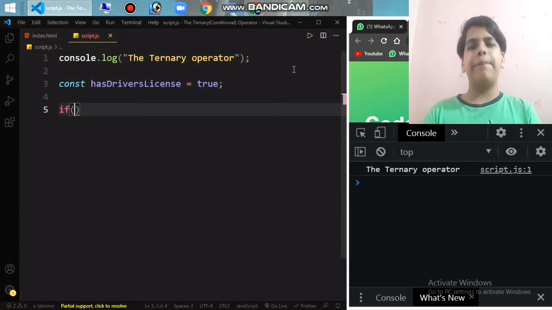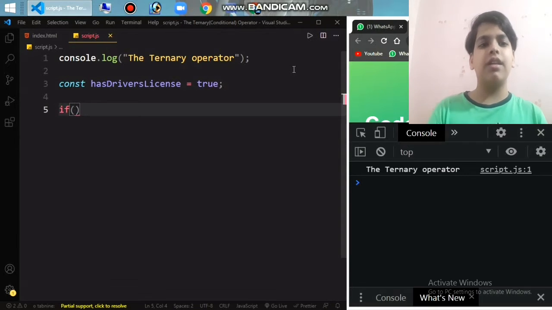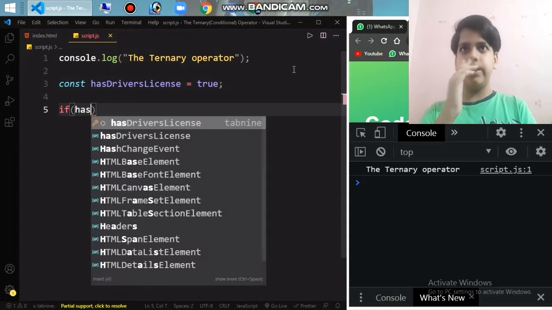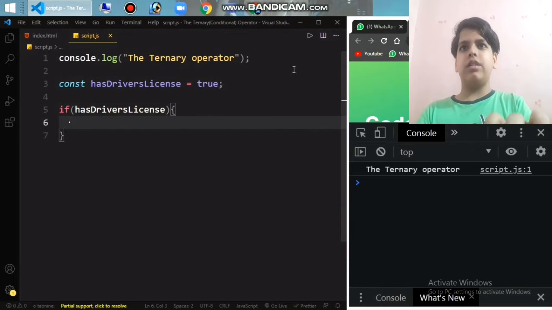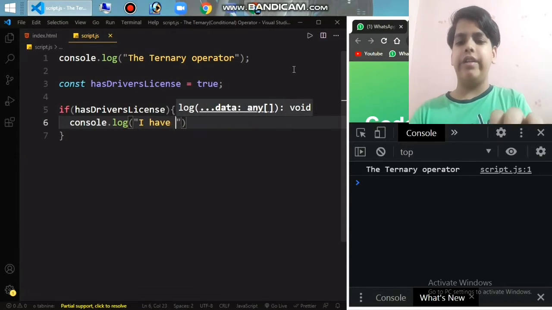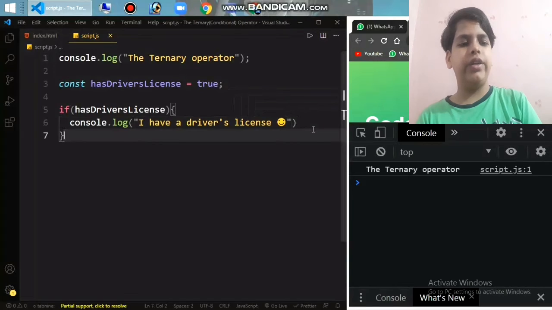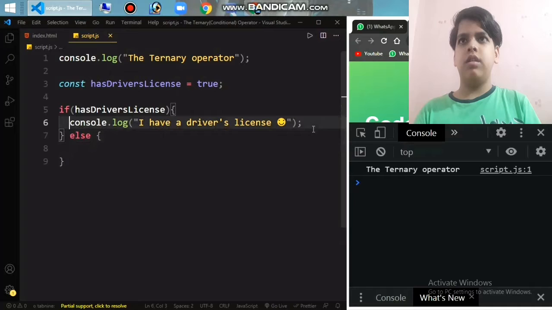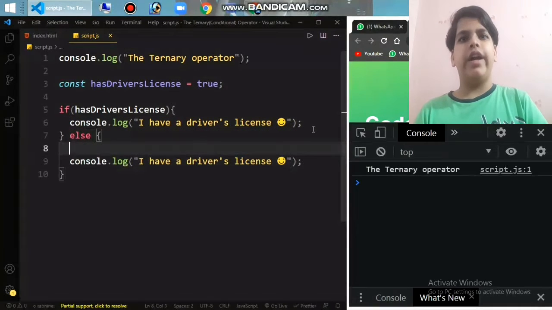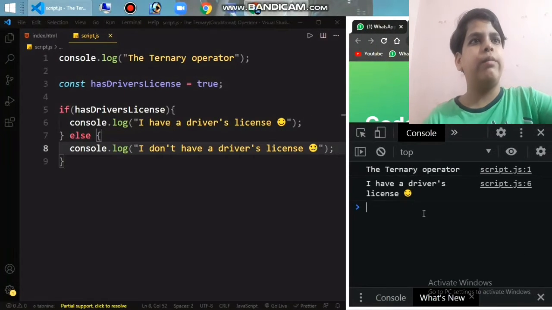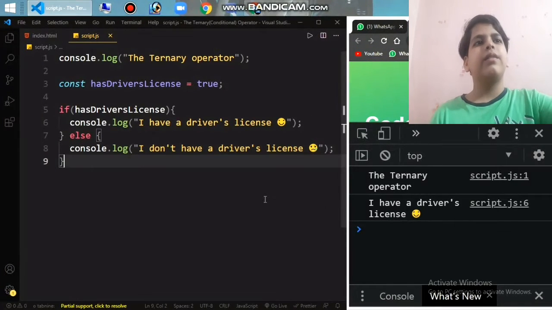Now if I want to print in the console that I have a driver's license or I don't have a driver's license, what I'll do is: if hasDriversLicense, then console.log "I have a driver's license", and if I don't have, I can use the else block. I basically do it like this, and if I refresh, you can see the output: I have a driver's license.